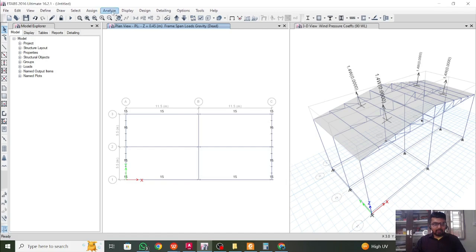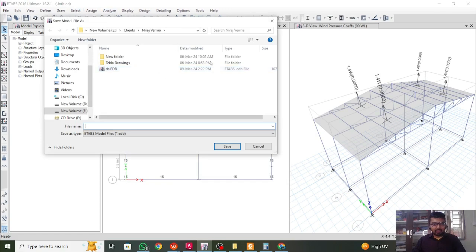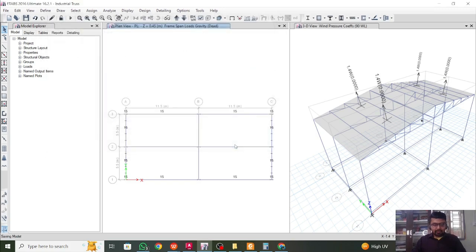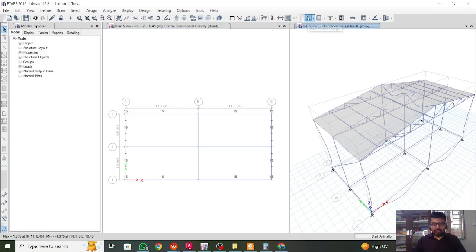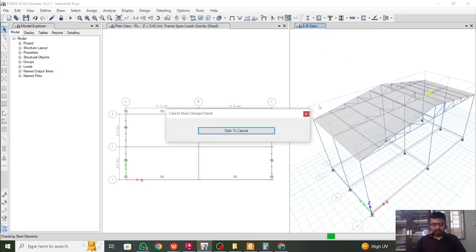So we'll go to analyze. You can just click here or just click F5 to analyze the model. Before that you need to save the model. I'll just save here as industrial truss and then click on save. Once this is saved, you run the analysis here. Once this analysis is complete, just click on this steel frame design. It will design the steel frame, and you can let know